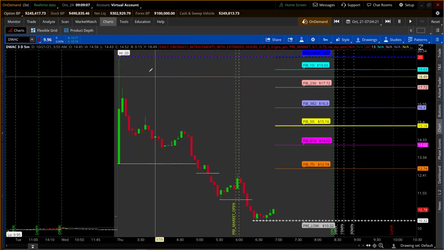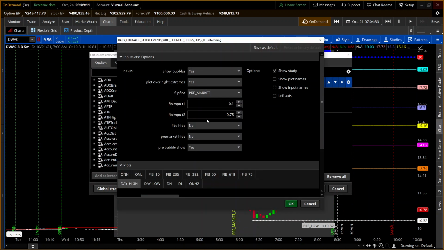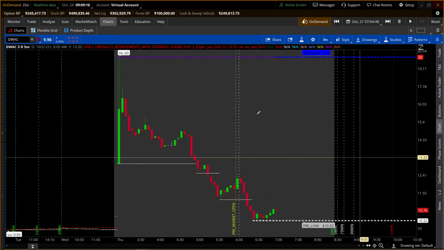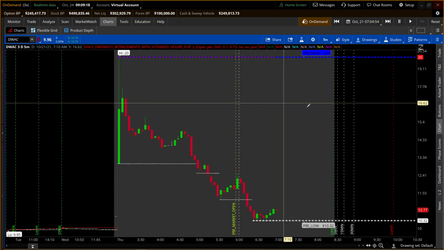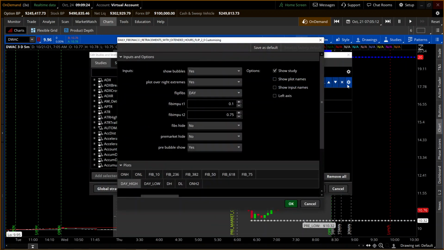But this follows the pre-market, and also there's a daily as well. Everything with all my indicators is pretty much customizable. You can change the color. You can do everything. If you put on the day, it's not going to show any fields until the actual open. So this is the Donald Trump social media stock, and I wanted to do it on here